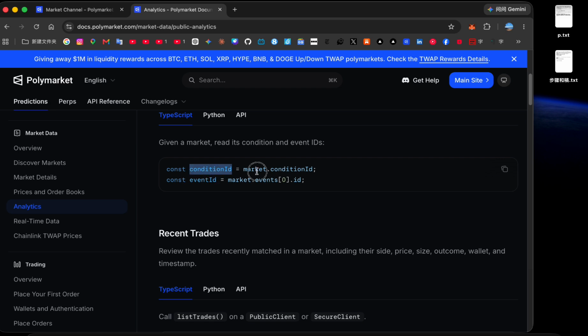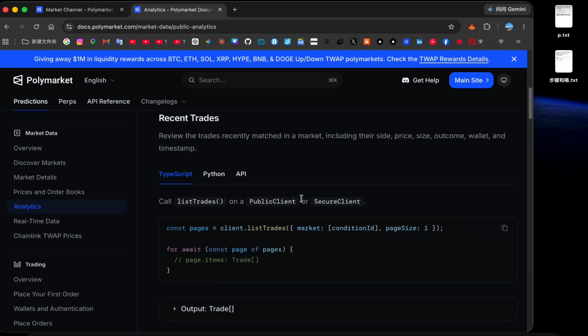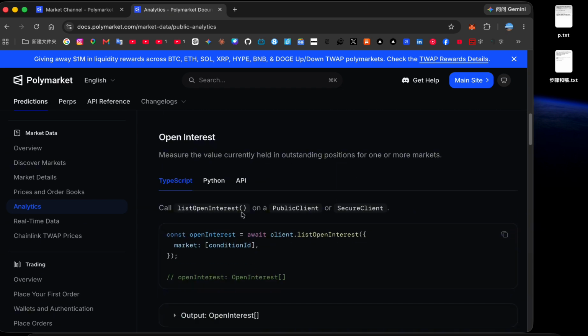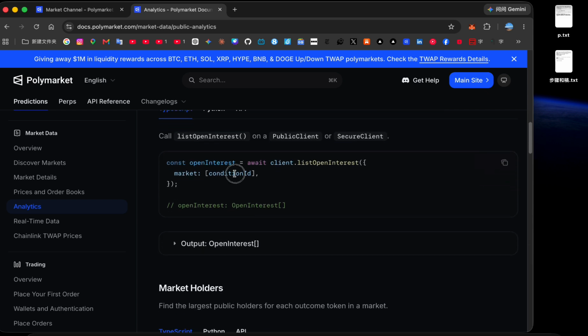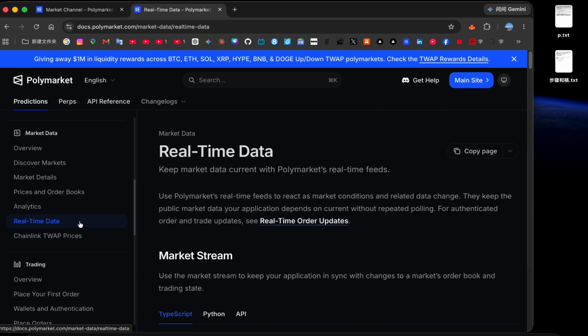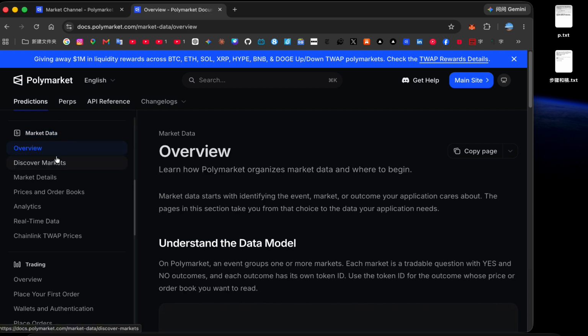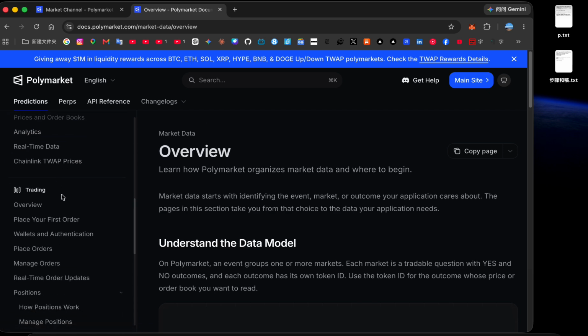Condition ID, market condition ID, event, market event ID, and use this condition ID, put here, and client list trades. Condition ID, similar. And this is for how to get market data. Just use TypeScript SDK or Python SDK or API, similar. And for trading,